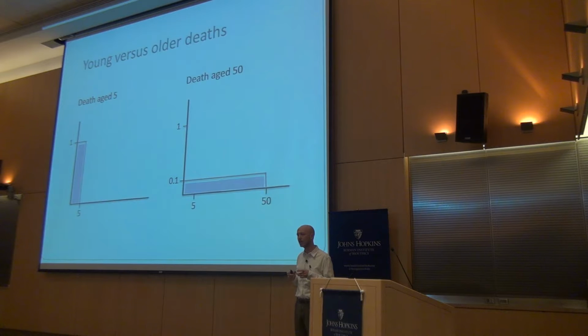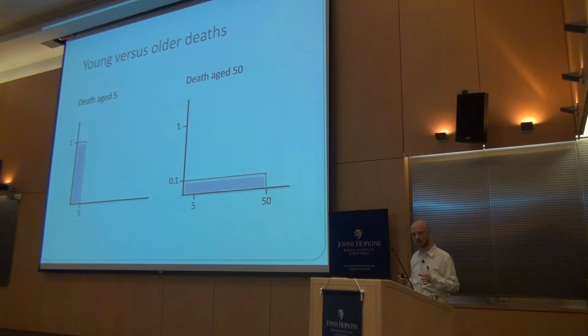But if you look at the values that are given to different states of illness people can be in, basically no states are rated as bad as this. The very worst, things like being in periods of acute schizophrenia or very severe multiple sclerosis, maybe come down to 0.3 or 0.2. You might get down as bad as this in the end stages of a terrible terminal illness. Basically, no one is in this state for 50 years. So, pretty much no one is going to be as badly off if they die at age 50 as they would be if they died at age